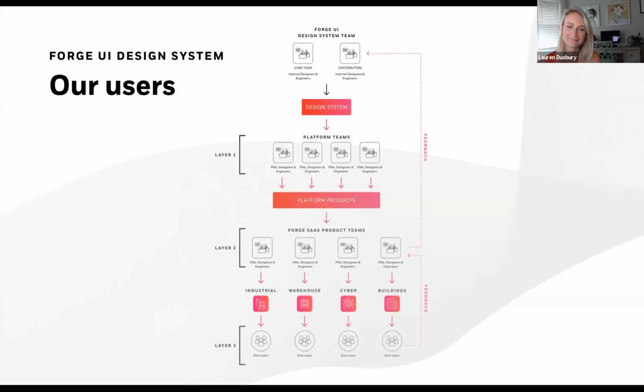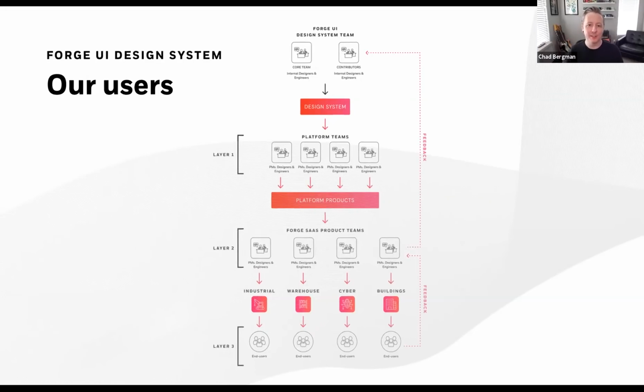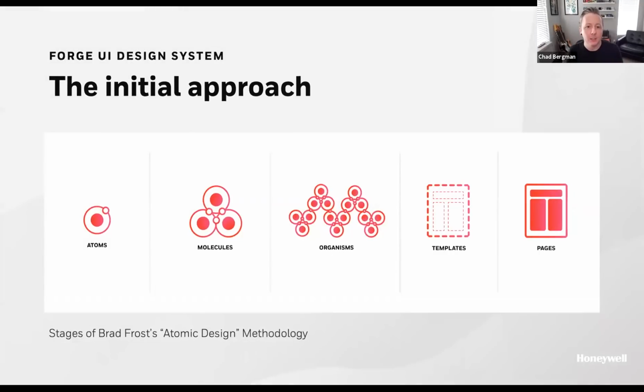Everybody's different. Yeah. Awesome. So another question, I love that you talked about how when you were first building everything out, really following a lot of the atomic design methodology. And we see that with lots and lots of different teams. Everyone really will reference that with their initial approaches. And we had a question come in and I thought it was really, you started to touch on it where you got to a point of